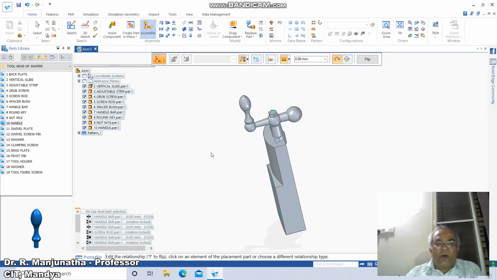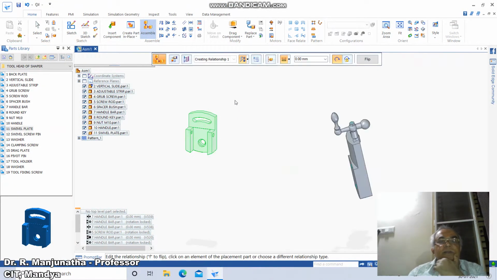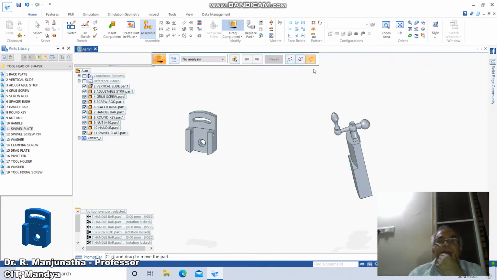Now we will go for the swivel plate. This swivel plate we need to assemble on this. So you just double click on this, then drag the component.